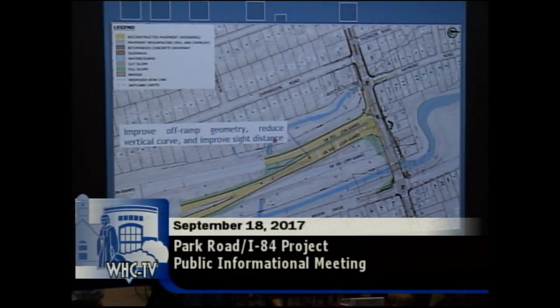Right, and right now, when you come off, you're fighting to get all the way over to the left. And then coming the other way, you're fighting to get over to the right. And that's not changing. The overall maneuver is not changing, but as I mentioned, the geometry is changing, and then this extra left turn